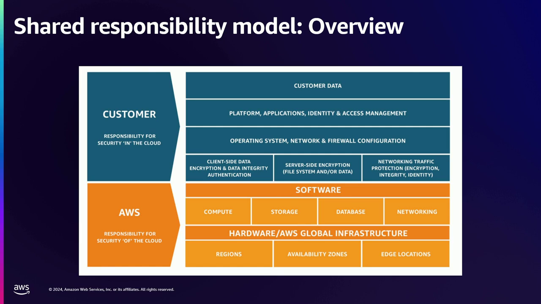All right, so again, just a quick view at the customer responsibility matrix, or the shared responsibility model. On the top, blue, customer, that's when we say security in the cloud. That's what we mean in the cloud, right? In the workloads that our customers operate. And then the orange at the bottom, AWS, that's going to be security of the cloud.